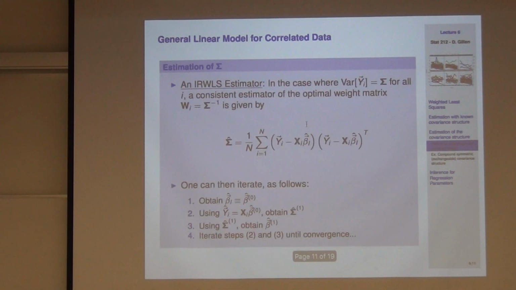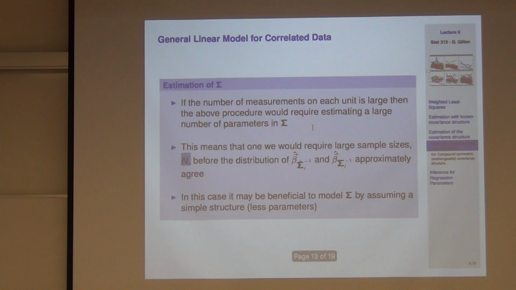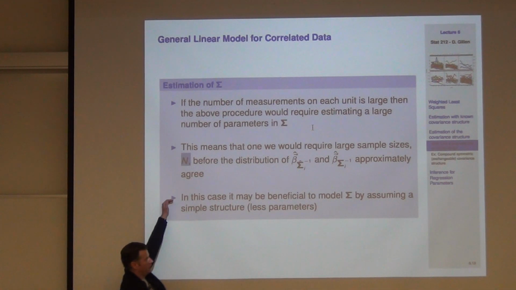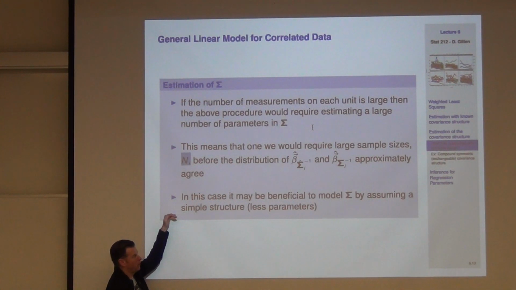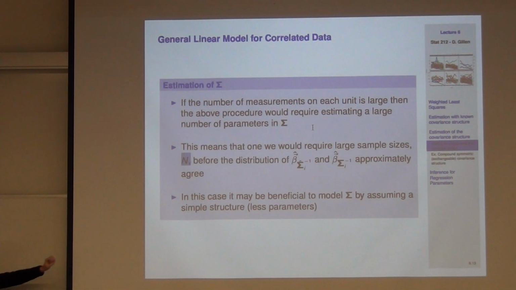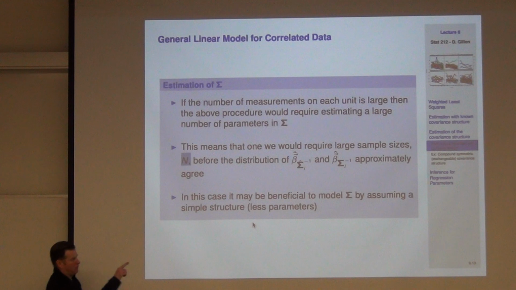By the way, the univariate case, what is this? Just to make sure that we're drawing connections. Good old MSE, right? It's the biased version of MSE. Sum of residuals squared. So now, we need a large N in order for this approximation to work out reasonably well. If we don't have that, or if we're not in the balanced and complete data case, then this goes back to our last lecture. We might want to start to put some structure on sigma to avoid so many unknown parameters there, and then try to get simple moment-based estimates of a simplified structure or assumption on capital sigma.